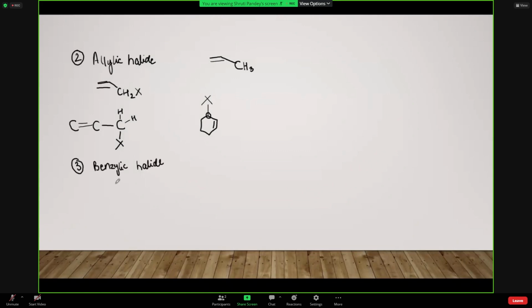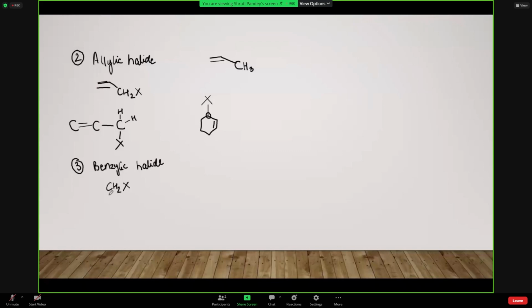Okay, so when the halogen atom is bonded to an sp3 hybridized carbon atom which is attached to an aromatic ring. ठीक है, अभी क्या था ऊपर वाले एग्जाम्पल में, इस वाले एग्जाम्पल में हमने देखा था कि ये जो रिंग है ये बेंजीन रिंग नहीं है। Why? Because बेंजीन रिंग में 3 डबल बॉन्ड होते हैं ऑल्टरनेट, सो ये बेंजीन रिंग नहीं है, it is simply a साइक्लिक कंपाउंड। लेकिन बेंजाइलिक हैलाइड में क्या होगा कि हम बेंजीन रिंग के बारे में ही बात करेंगे।